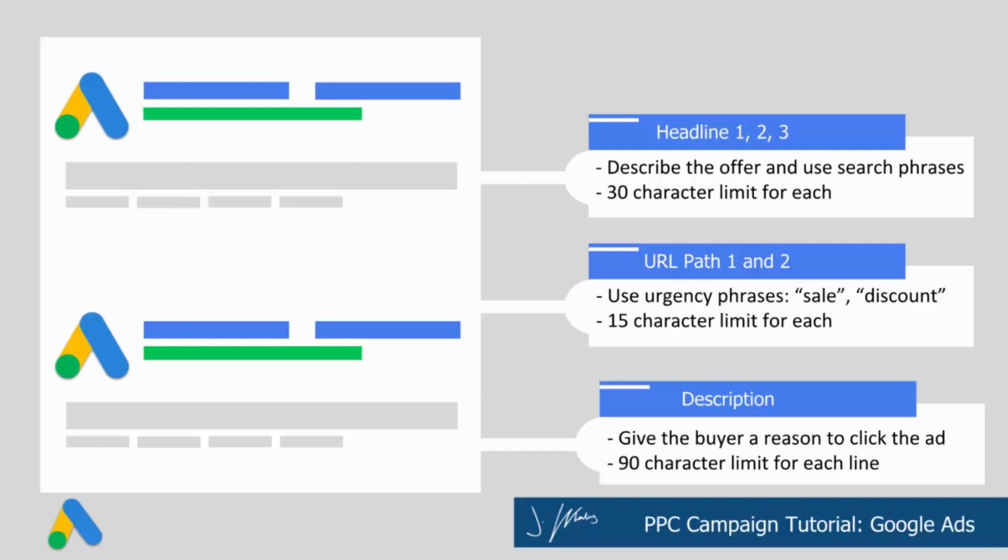Then with your URL, you have up to 15 characters, and this is where you can do something pretty cool, where your URL that shows up in your ad doesn't have to be the exact same as what your ultimate URL is, or your ultimate site or landing page. So you can use buzzwords like limited time, discount, free this, free that, coupon code in your URL text, and it's just a great way to use your small ad real estate to help call out attention to your ad across everybody else's. Finally, you have the description, where you have 90 characters of text to just kind of reinforce what's said in the headline and whatever you did with your URL.